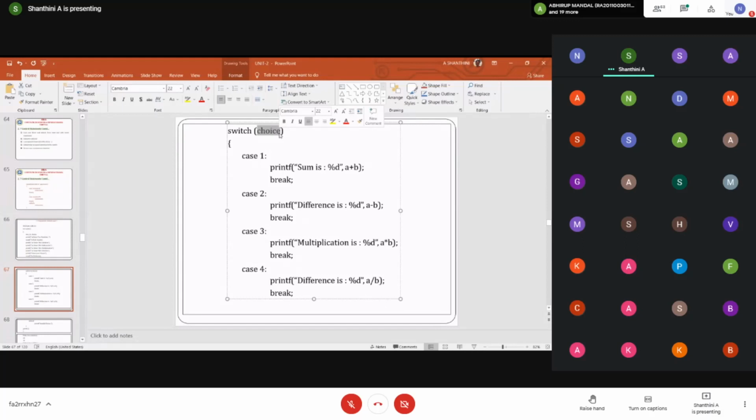As you could see here, the whole program comes like this. Okay. And then I go to my case to print. Let me copy paste this. Why am I typing again and again?